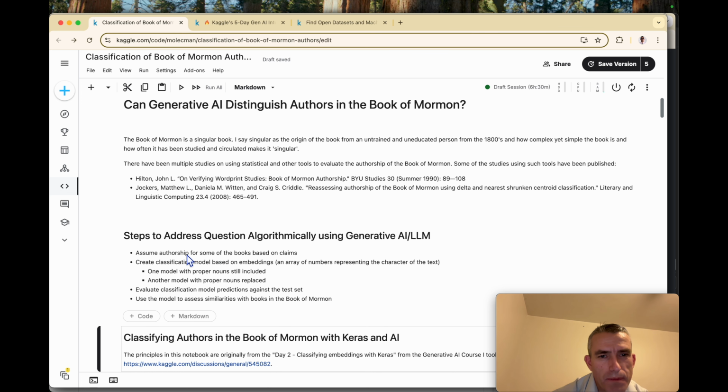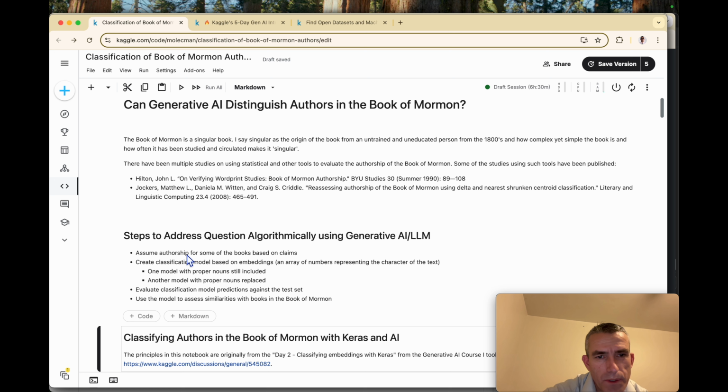First, you assume authorship for some of the books based on what was stated by Joseph Smith, so that, for instance, in the Book of Mormon, it stated that Mormon wrote that. And then in 2nd Nephi, there are large portions that quote from Isaiah. And then the Doctrine and Covenants is a book that Joseph Smith received. He stated by revelation and published that. And then there's also his history that he wrote.